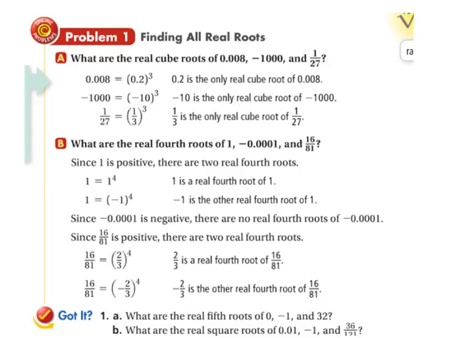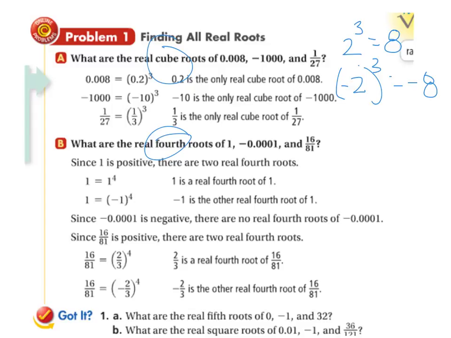Begin finding real roots. I'm not going to go over all this spiel. I'm just going to go over when we have odd, cube would be odd, or fourth would be even root. So think of it this way. If I had 2 and I cubed that, that's 2 times 2 times 2, that's going to give me 8. If I had negative 2 and cubed that,